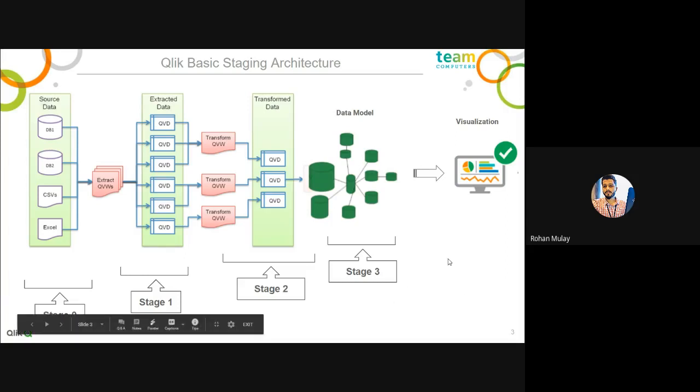Then after stage 1, we have the transformation stage, which we call stage 2. What we do is we combine multiple stage 1 QVDs and then merge them into components. These components are basically specific to business. So if you are working in, suppose, a finance company, then we have multiple domains there like analytics, operation, finance, HR, then credit. So we can form such components department-wise. These components are nothing but the final QVDs that we have in ClickView.